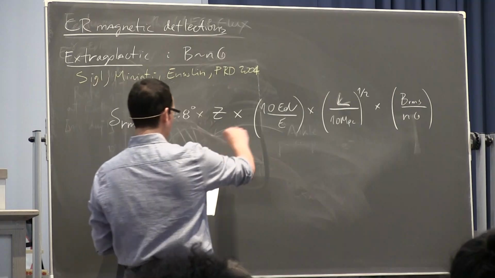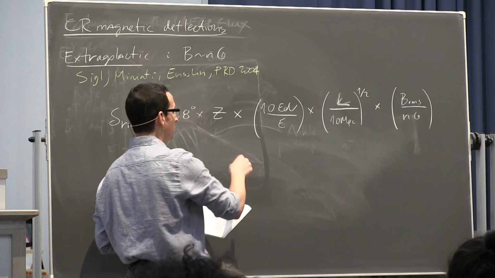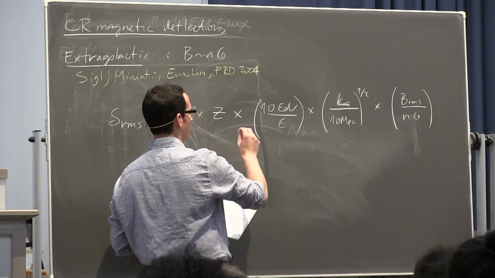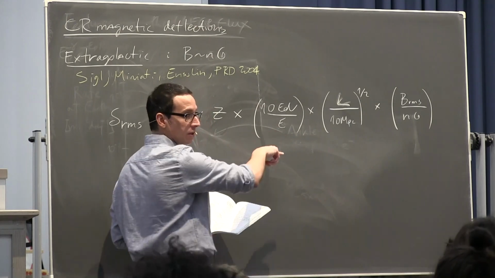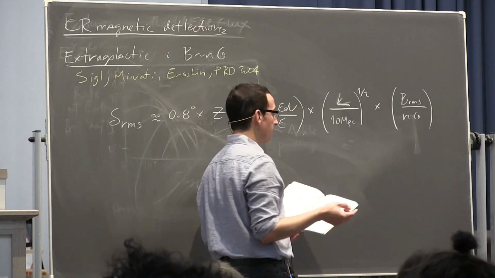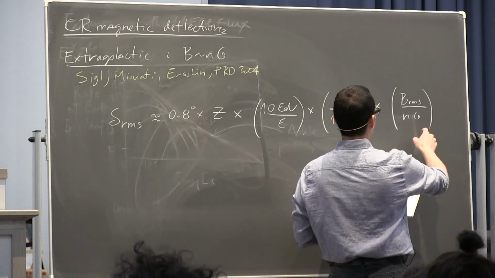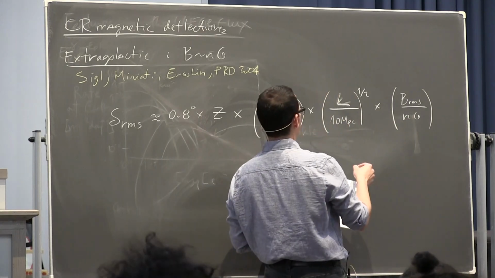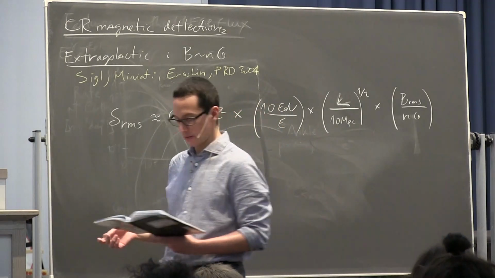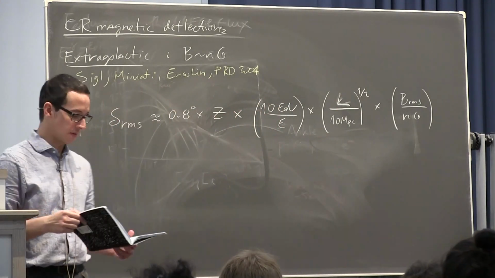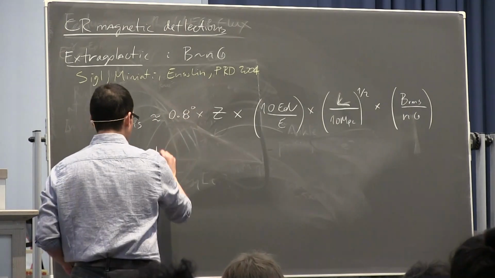So let's first understand what's going on. Higher charges bend more. Of course, there are more protons, so you bend more strongly. If you have a high energy, you have a higher rigidity, so it's more difficult to bend your trajectory. The longer you travel, the more you bend. And if you have a magnetic field higher than a nanogauss, of course, you will also bend more. That's roughly the understanding of what's going on there. So 0.8 sounds like a small number, but when you